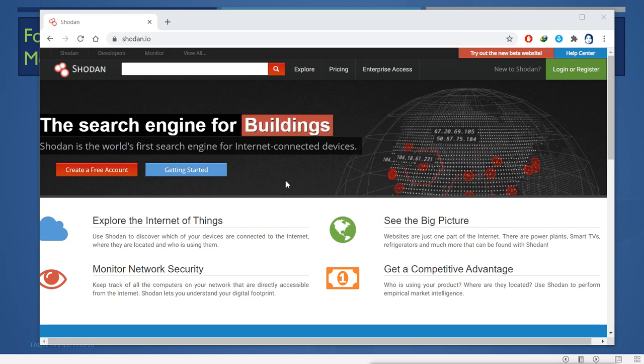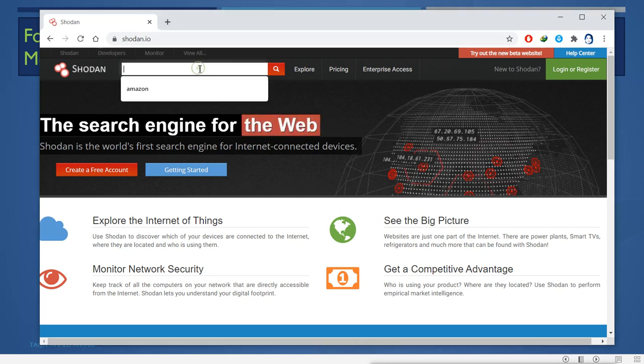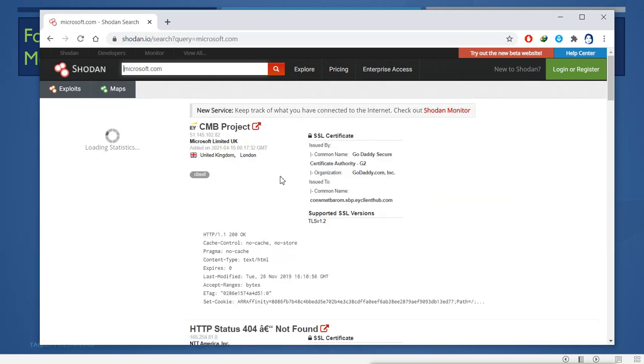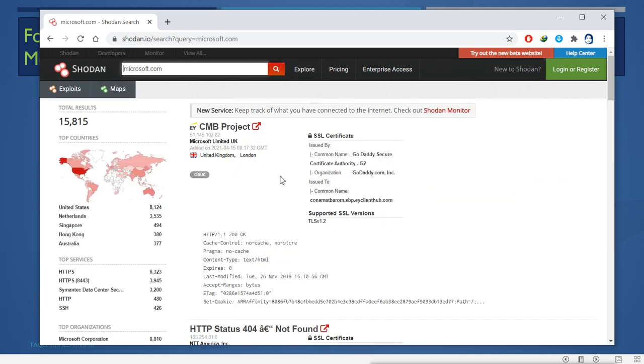So here you can explore about someone, for example, let's say I will go for Microsoft. Now it will show you the details in very much detail.